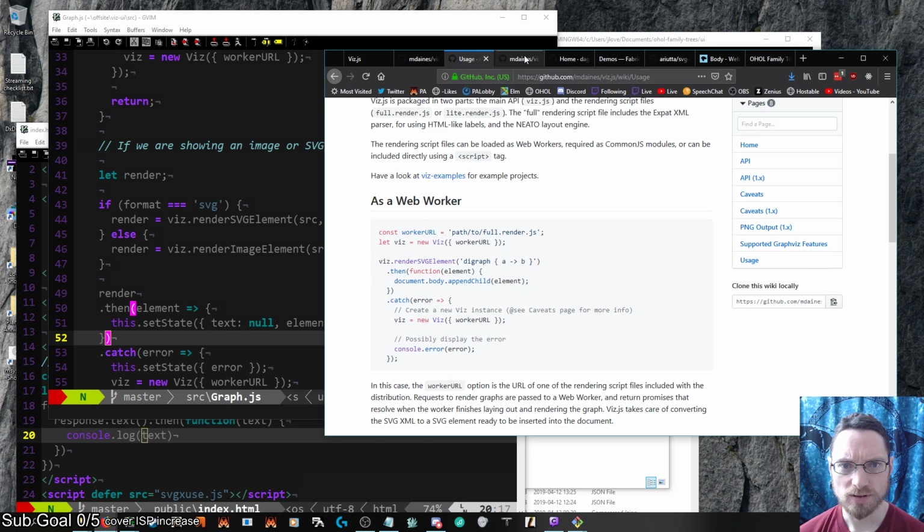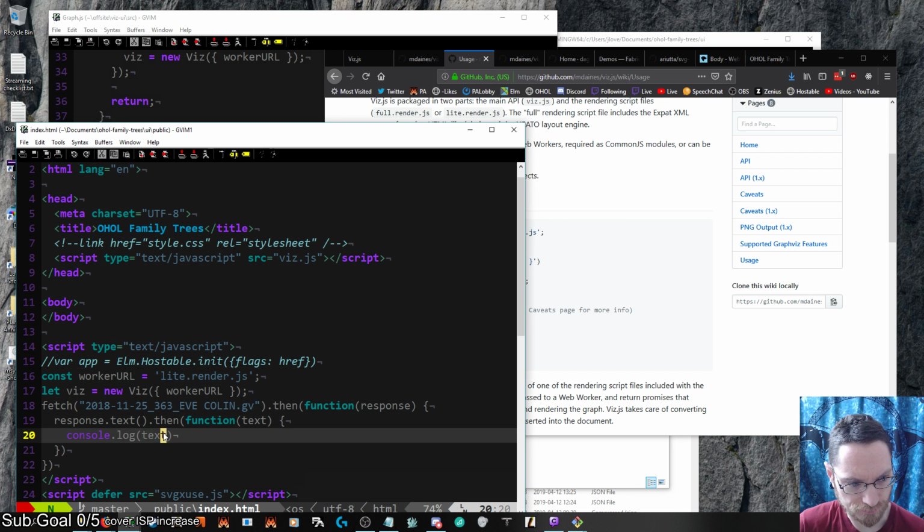There might also be a thing in usage. Just append child. We've only got one right now. Is render SVG element